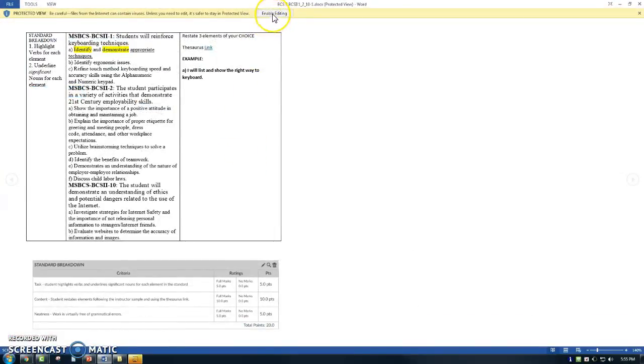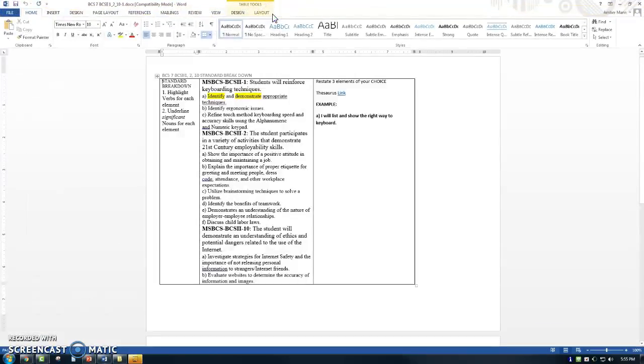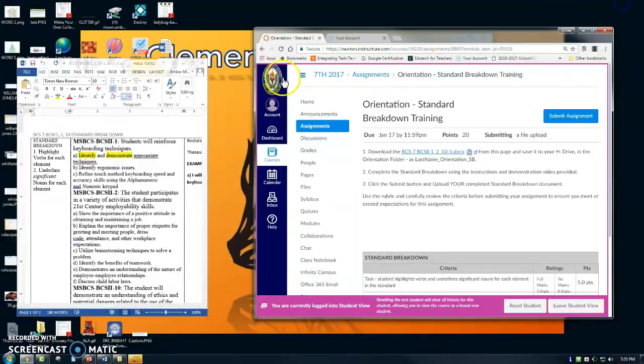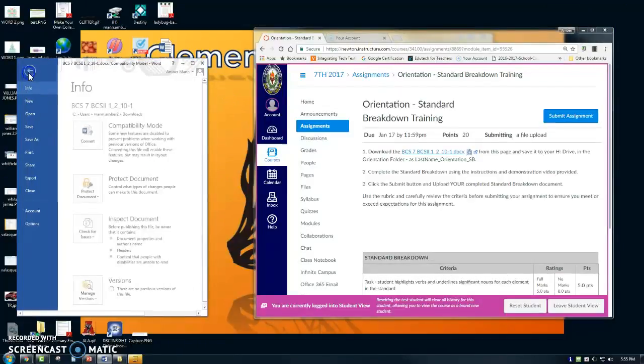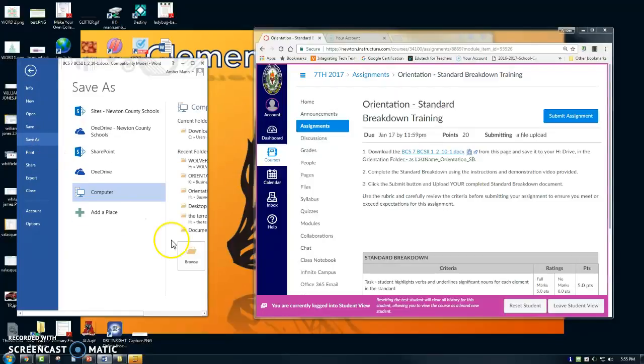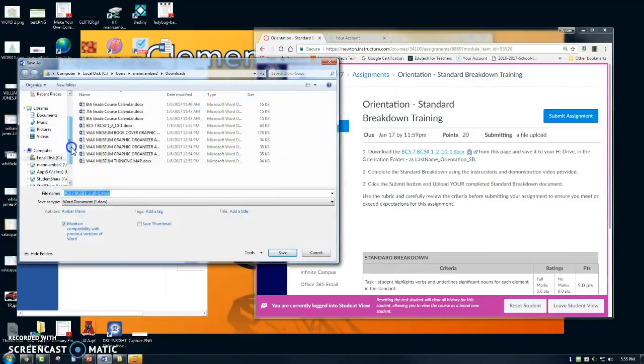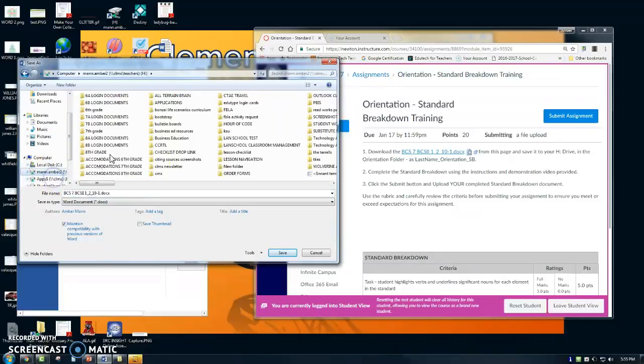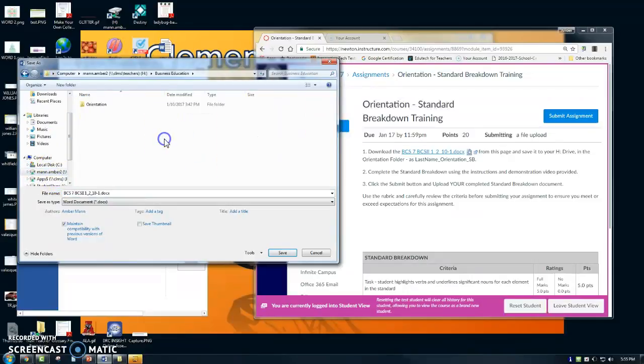We're going to first enable editing and then save this document to your orientation folder. We're going to click File, Save As, navigate to your H drive, navigate to your Business Education, and then Orientation folder. We're going to save this document as last name,